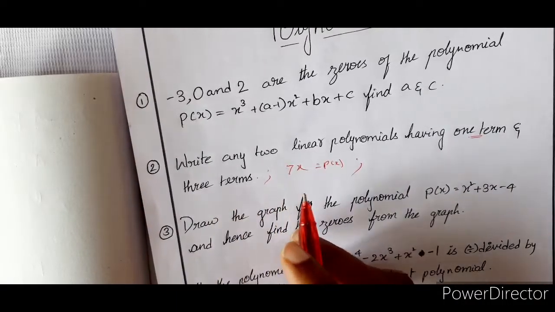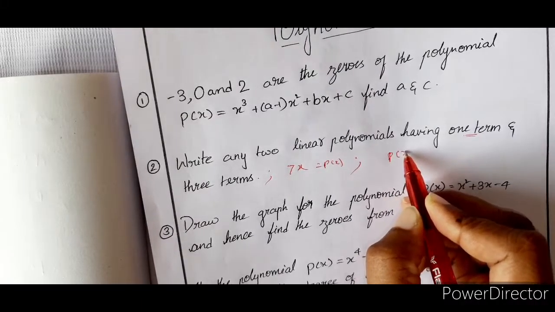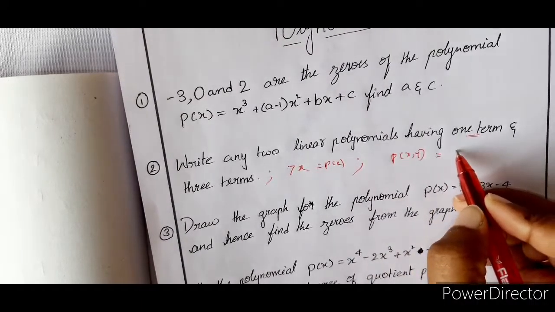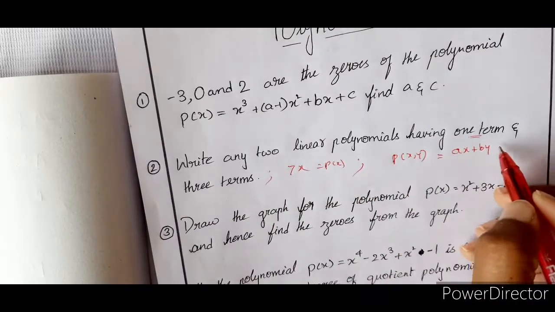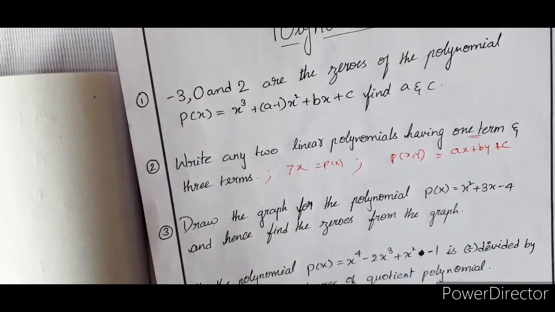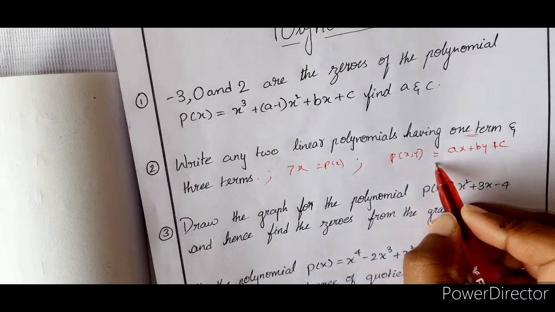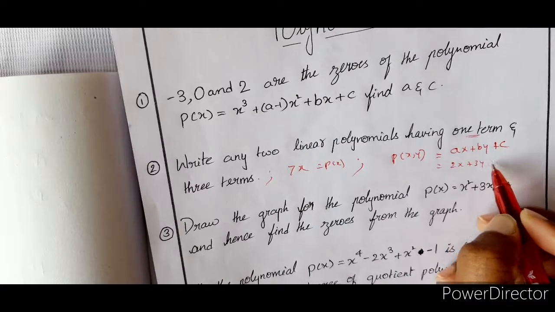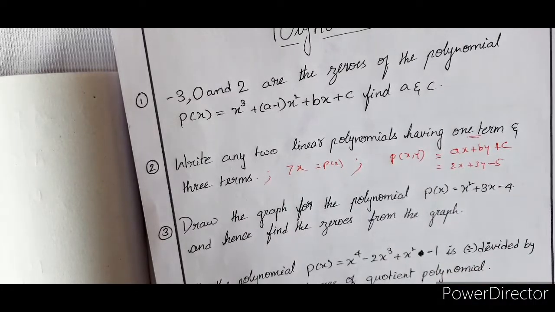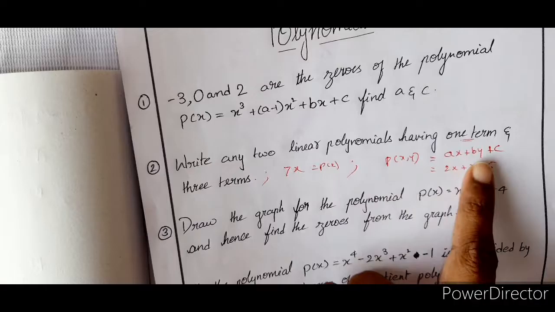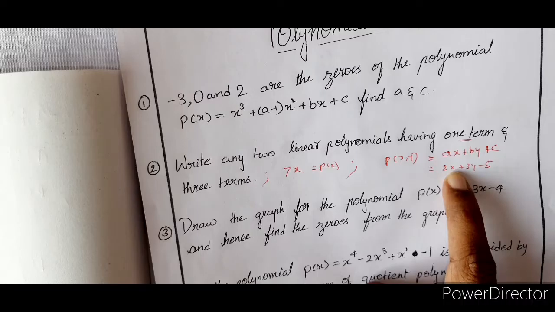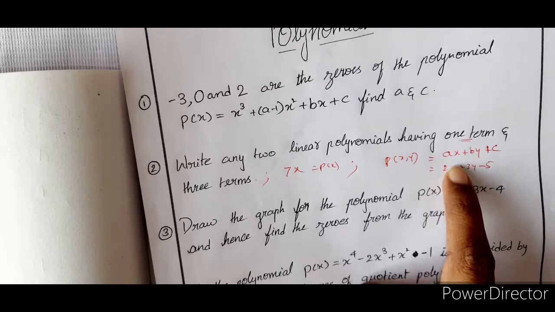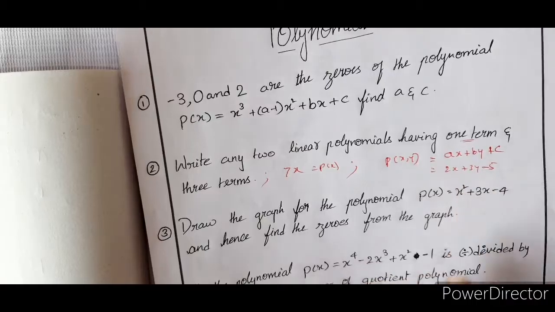And now with 3 terms, I can write the linear polynomial in 2 variables, x comma y, as ax plus by. Right, and I want a third term also, so therefore I'll write plus c, the standard form of the line equation, right? Ax plus by plus c, or rather it's up to you. You can give some values, 2x plus 3y minus 5, right? So such things are linear polynomials with 3 terms. Here the degree of the polynomial is 1 only, because here you have only 1 in the power and here also only 1, right?